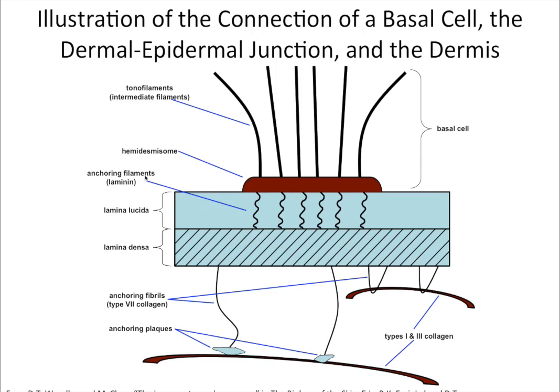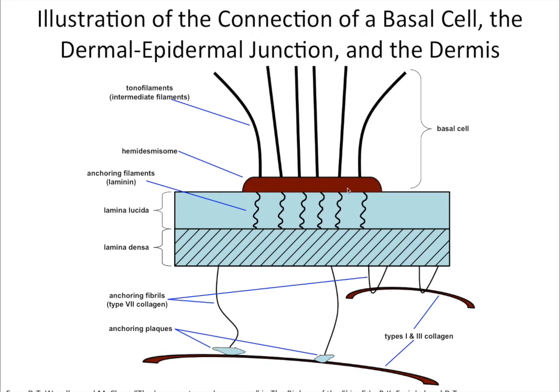Inside the lamina lucida, you can see there are these anchoring filaments, the laminin structures. And then, if you can imagine, right above this is just one cell that's sitting above here. This is one keratinocyte from the basal layer, and you're not really seeing the whole cell. You're only seeing a small section of it, right where the